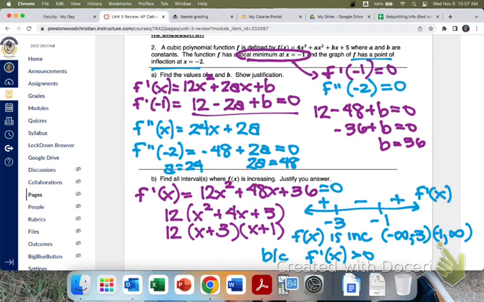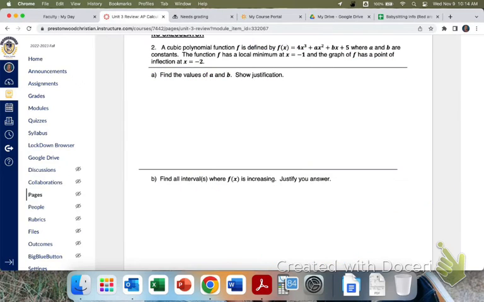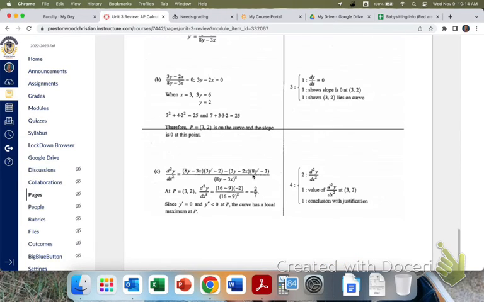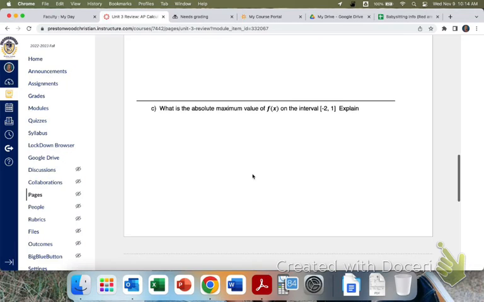Okay, so then we have an absolute maximum. That's when you plug back into the original, yes? Yep. So see if you can find the absolute. So now we're on the interval -2 to 1. What were our critical numbers from part B? -3 and -1, so -3 doesn't even